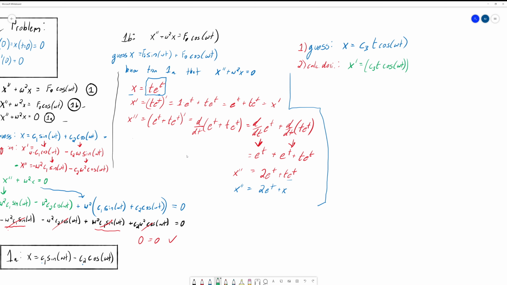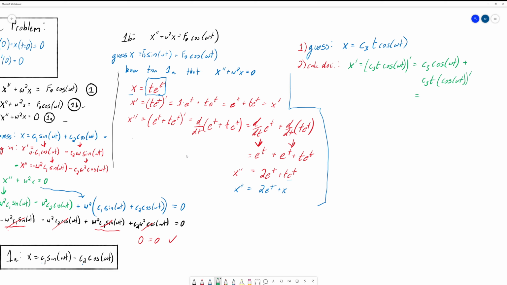Writing this out explicitly in product rule notation, it's the derivative of t, which is just 1, so c3 times our second function, cosine omega t, plus c3 times t, times the derivative of cosine of omega t,